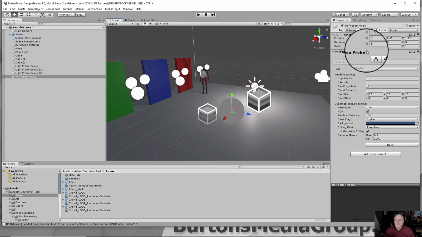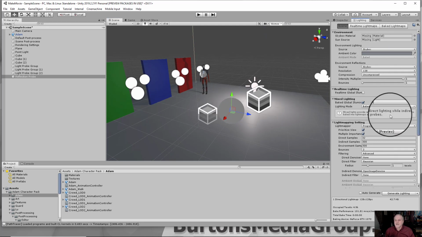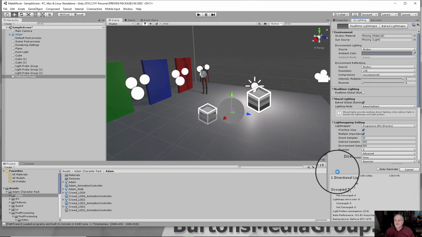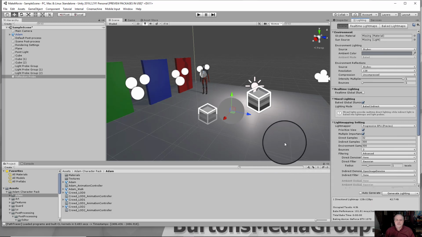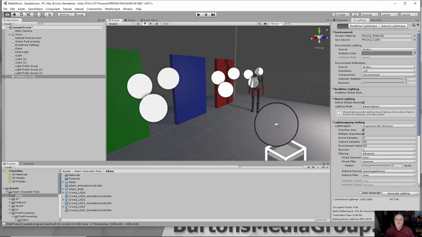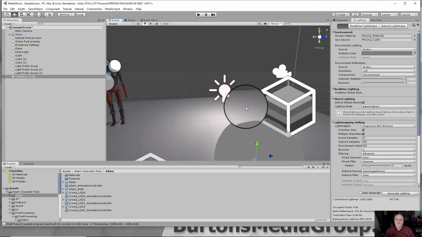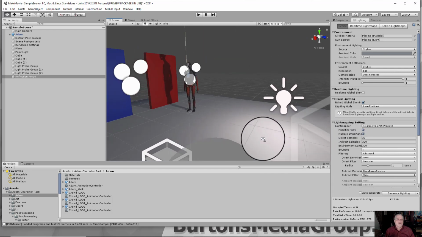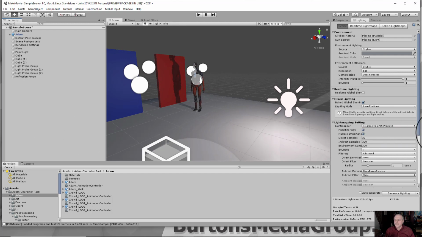Okay, so that went a lot faster than I thought it would. Good, we're still doing fine on time. We'll do a generate here real quick, and now we should start getting a little bit better reflectivity inside of our environment. All right, we've got light probes added. We've got a reflection cube. If I went through that too quickly,